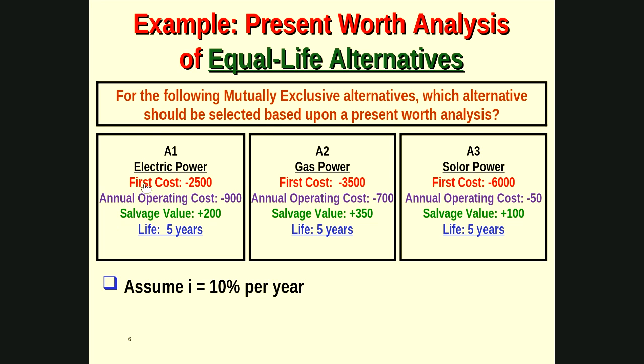What does it mean, the first cost? The first cost that you will pay at the beginning of the project on year 0 when you start your project. The annual operating cost, that means consistent costs that need to be conducted every year for maintenance and operation. The salvage value, the salvage means